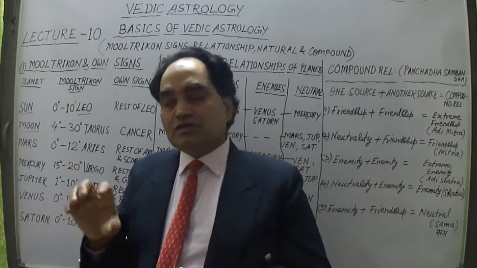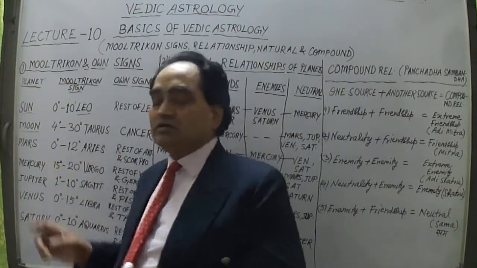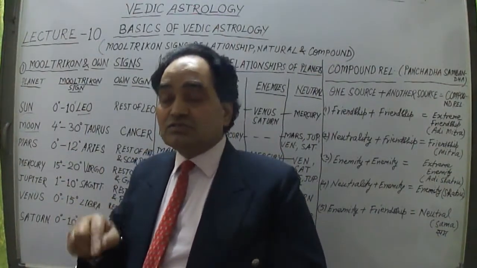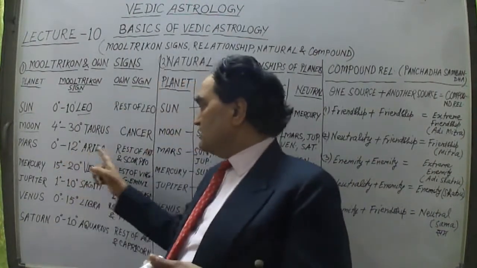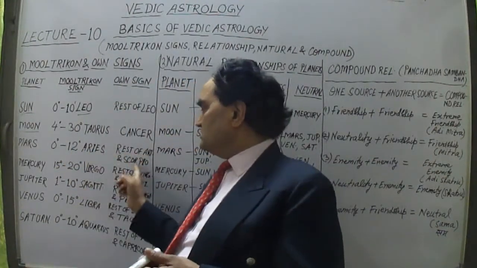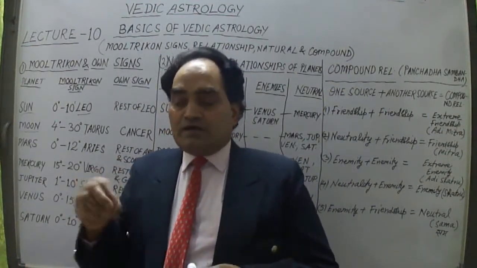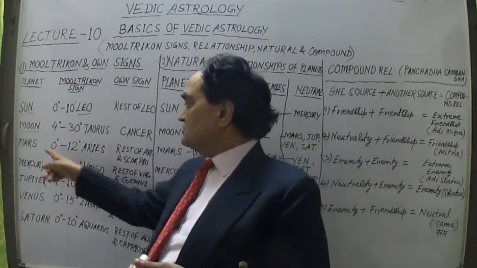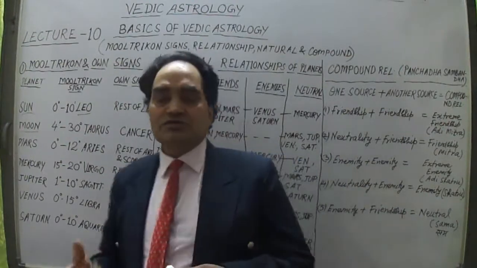Mars is lord of the Aries sign undoubtedly, but in this 0 to 12 degrees, Mars is more active. It is his Mooltrikon sign, right? So this is the Mooltrikon sign. Mars is more active there, but the rest of Aries and the Scorpio sign are his two other own signs. Mars is lord of the rest of Aries and Scorpio. They are his own signs.